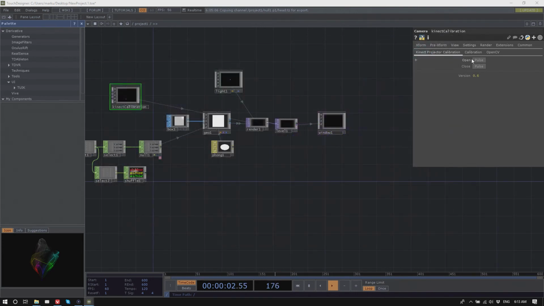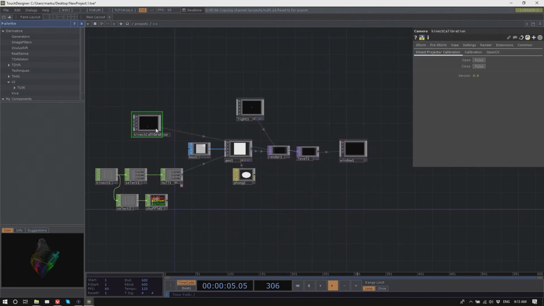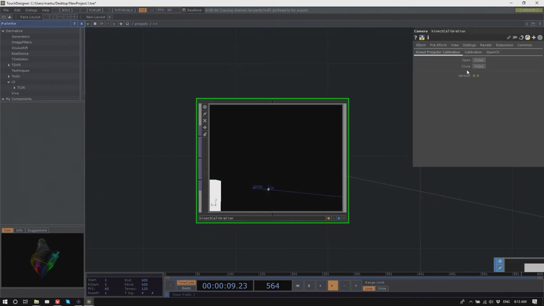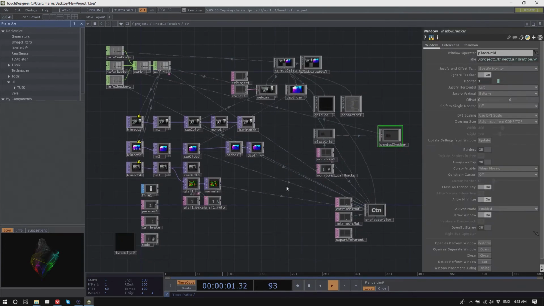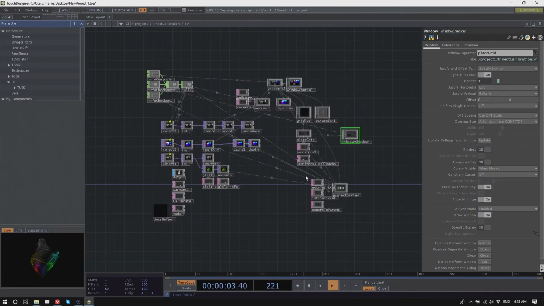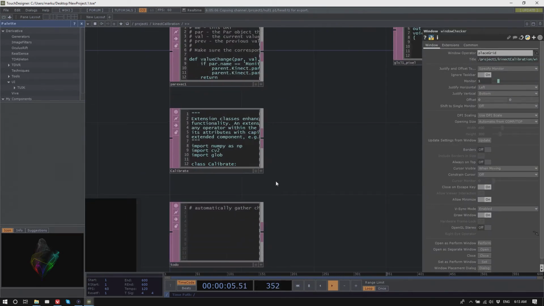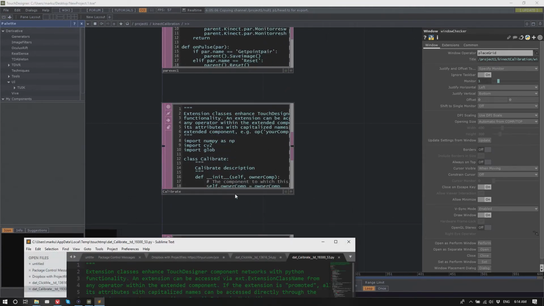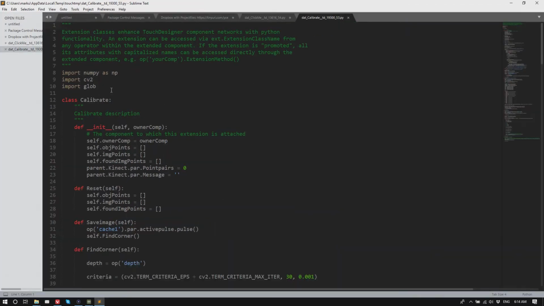So just for who's interested in this, the inside of the whole thing is essentially, again, an extension here. It's called Calibrate, and when you look at it, it also tells you that when you deal with Python in TouchDesigner, you can import any kind of library that's available to you from Python installations.